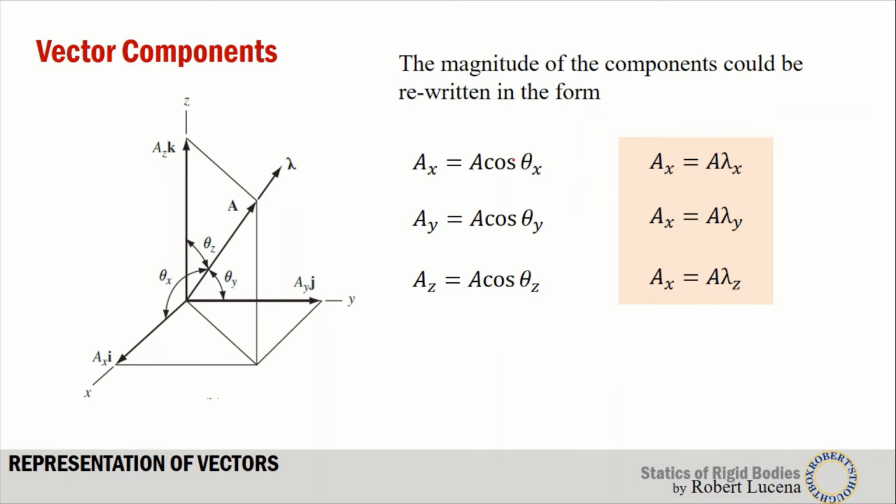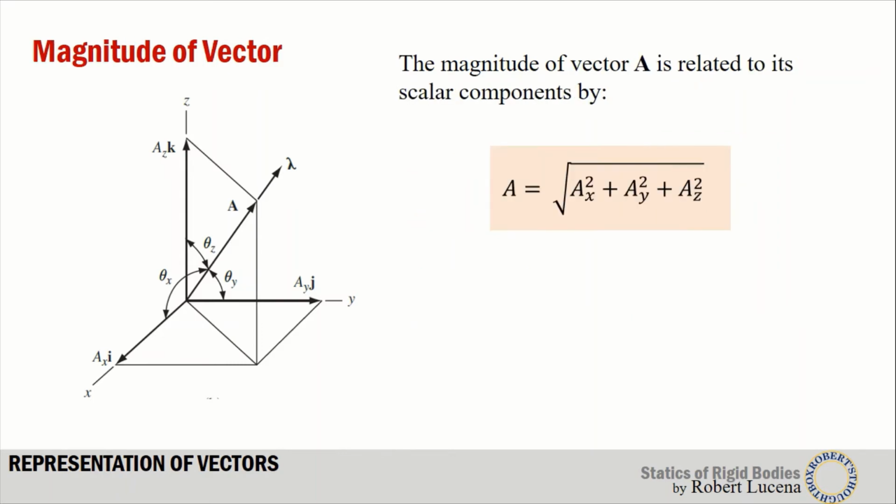So let's replace the notation cosine theta x with lambda x for ease of writing. Okay, then we have the components written in a simplified form. We have Ax equals A lambda x, and I'm sorry, this is y, and this is z. Now, to get